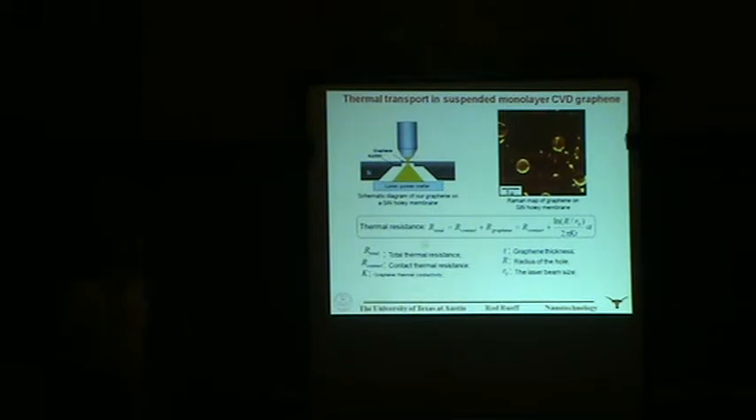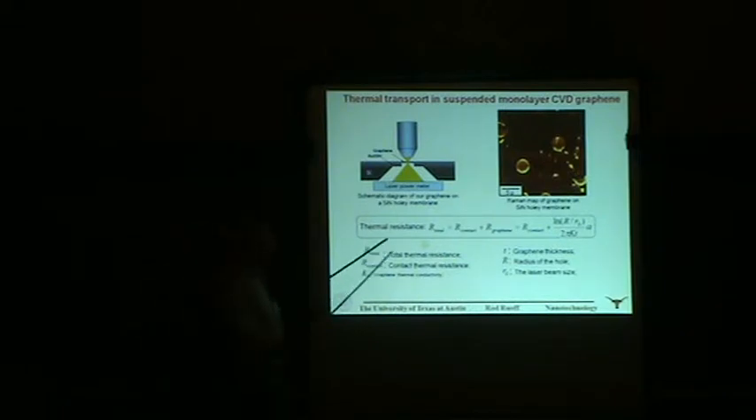So we were interested in our CVD graphene and whether its thermal conductivity might differ significantly for some reason from the Scotch tape exfoliated graphene. And we're using a so-called Pugno geometry. So if we have a circular membrane,